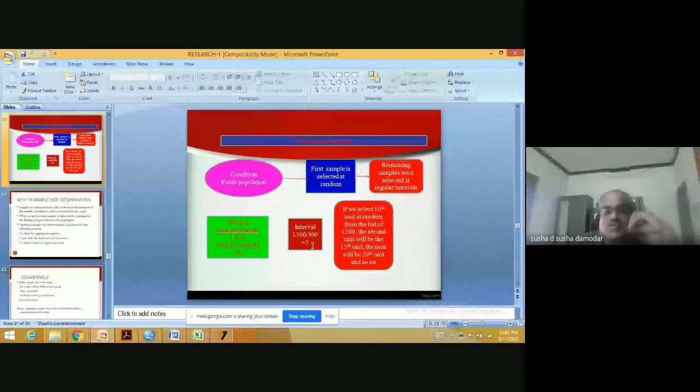We select the first gynecologist at random, possibly the 10th gynecologist in the list. This is the first gynecologist we select. The second gynecologist to be selected after considering this interval is the 15th gynecologist in the list. What is the third? The third is the 20th gynecologist in the list. Similarly, we select the remaining units at regular intervals. But remember, the first unit is selected at random. So therefore,